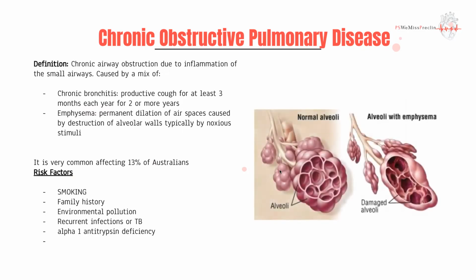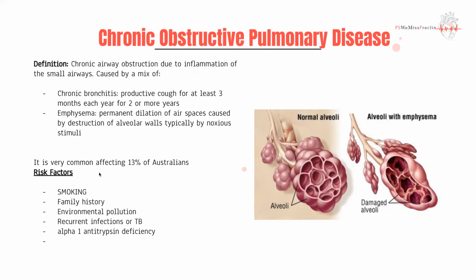And a picture of that is right here. So as you can see, ideally, you should have normal, well-structured alveoli with an alveolar membrane that's regular and consistent. However, with emphysema, you get these dilated, damaged alveoli that, as I mentioned earlier, are not going to be functioning at a high level when it comes to perfusion capacity.